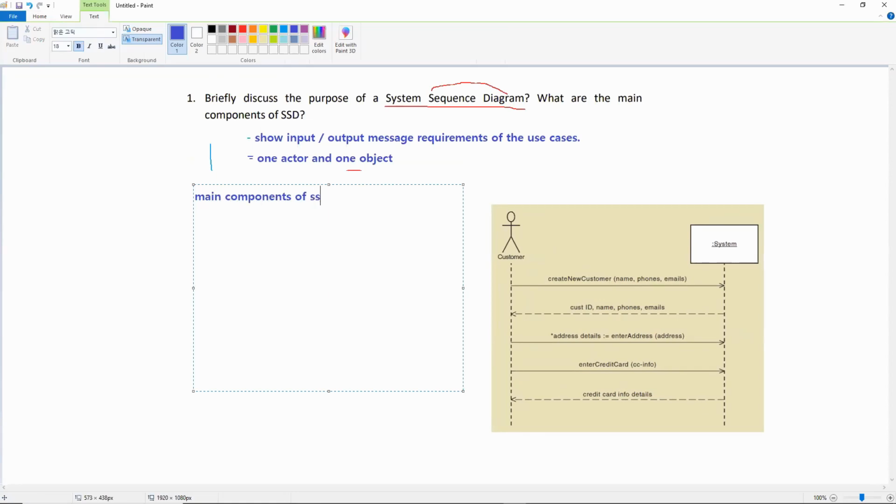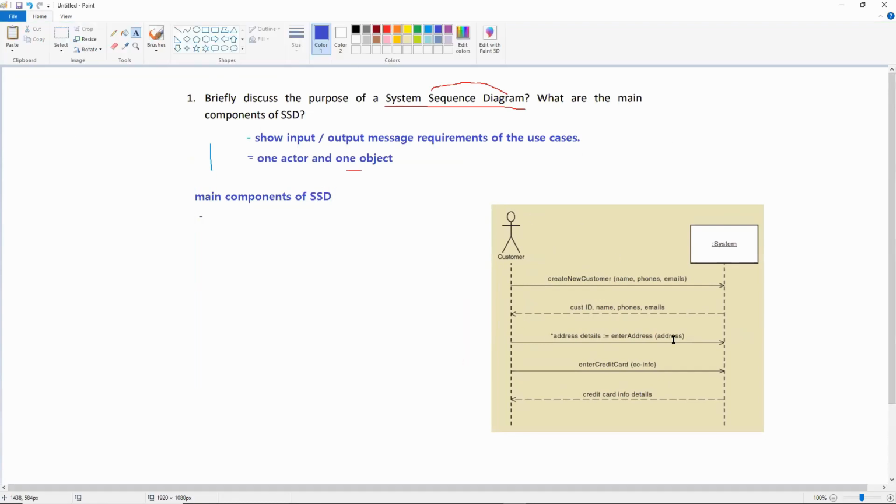Of the system sequence diagram. So what's the main component? This is the example of the system sequence diagram. Maybe object, actor. Yeah, good. So this is the actor, right? This is actor,